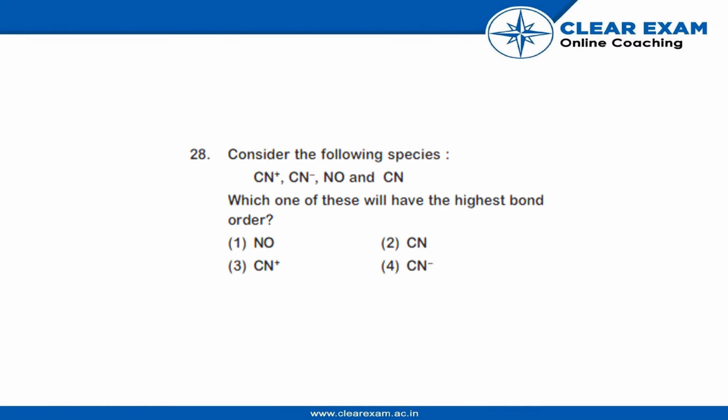Consider the following species: CN⁺, CN⁻, NO, and CN. Which of the following will have the highest bond order out of the given options? Bond order is the